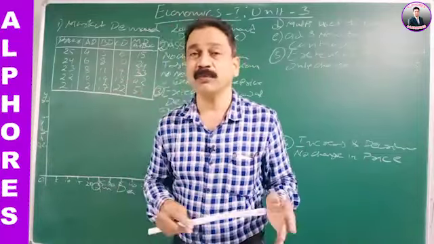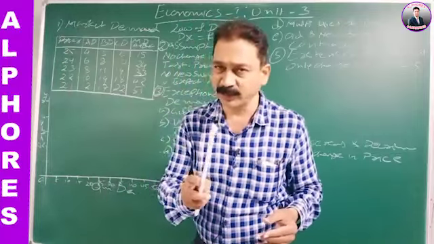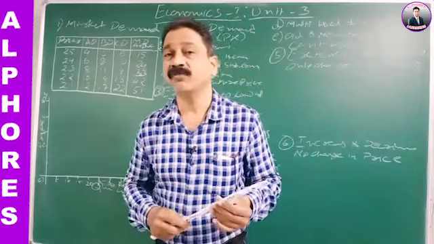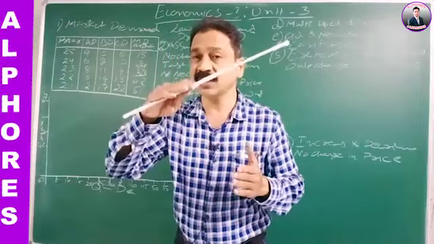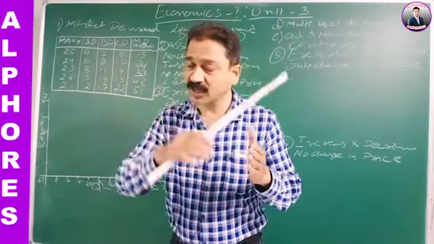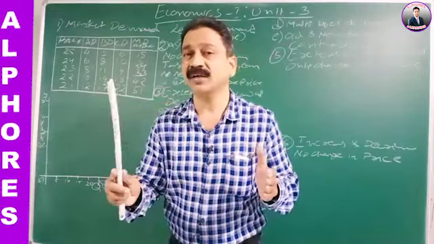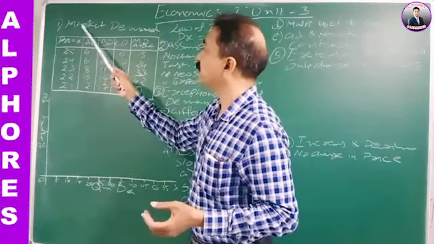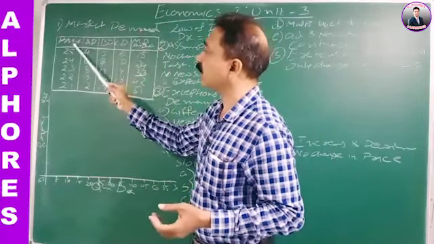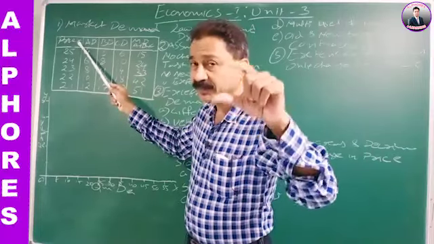But these three groups do the same thing, as told by Alfred Marshall. Whenever the price increases, the demand decreases. Whenever the price decreases, demand increases, all other things remaining constant, ceteris paribus. Now, in the market, we will see the market demand. Here we put the prices according to our textbook. I derived it from the textbook itself.